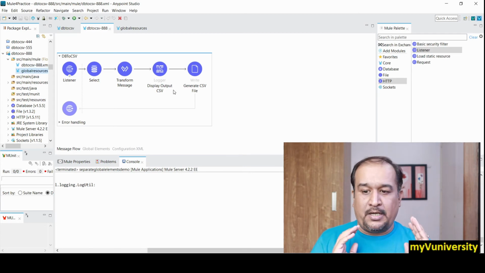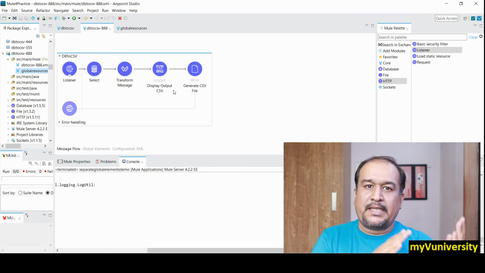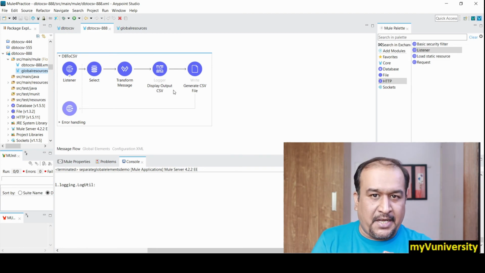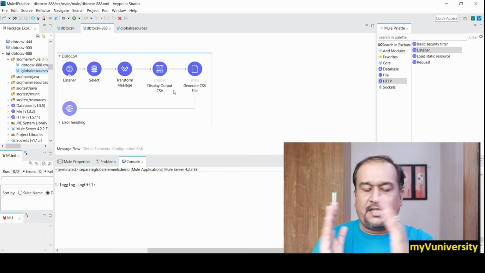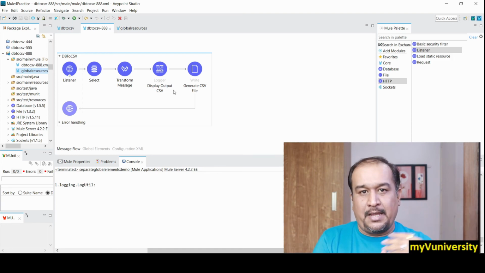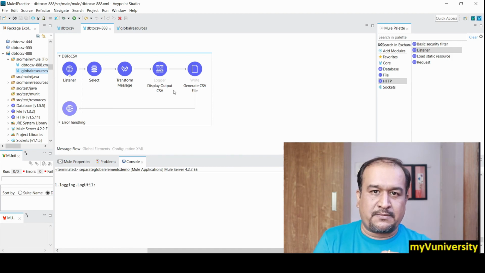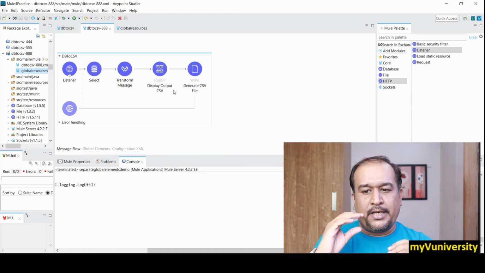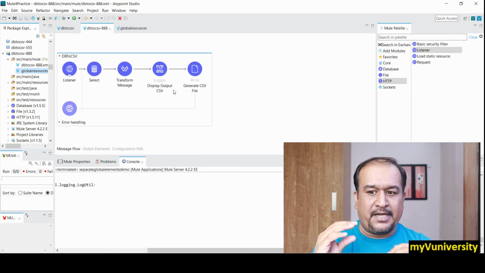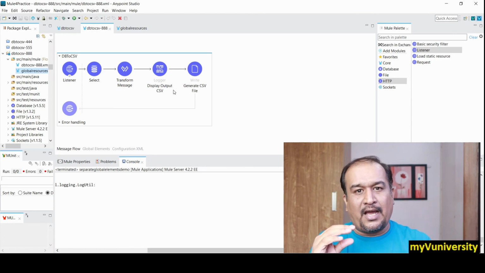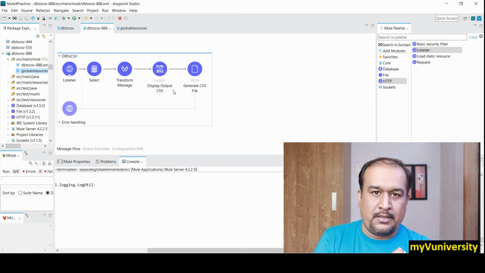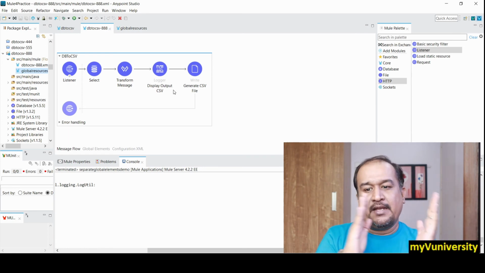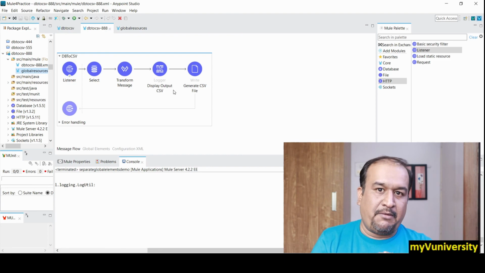So you can follow this whenever you create POCs for your practice also: always take your connection resources like the HTTP connection or database connection in a different global file, or the JMS connection in a different global resources file. It will be easy for you to reuse whatever connection you have created in all other XML files in the same project. So instead of creating it locally, you can create it as a separate XML file. I hope this is useful for you.